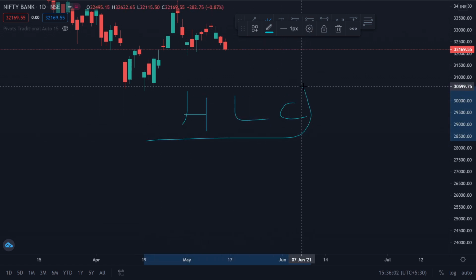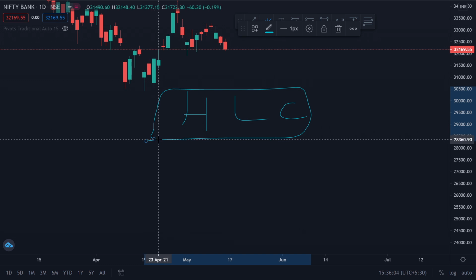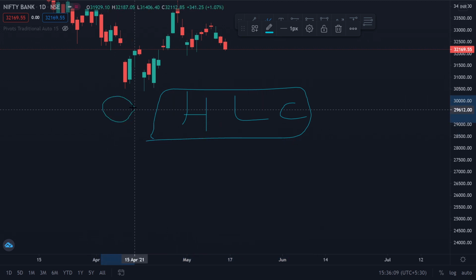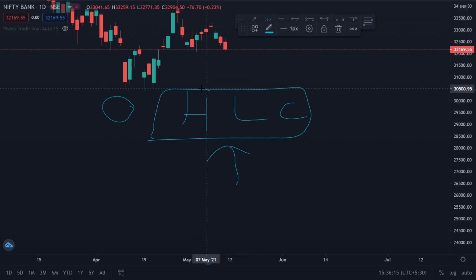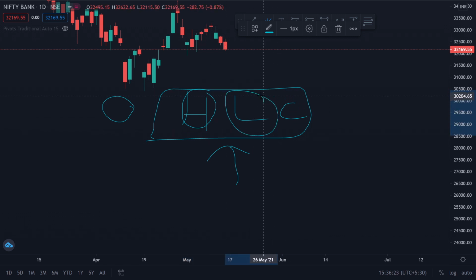These 3 points hold a big significance when it comes to candlesticks. You also have the open, but these 3 are considered more crucial than the opening price. So what is the significance? The high price is obviously the price at which there were no more buyers left in the market, and sellers took control. The low price is when the buyers were ready to buy at that price and there were no sellers willing to let go at such a low price.